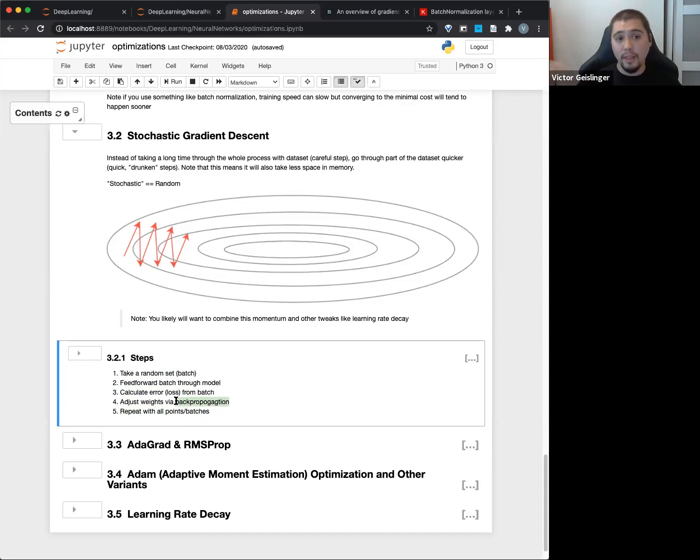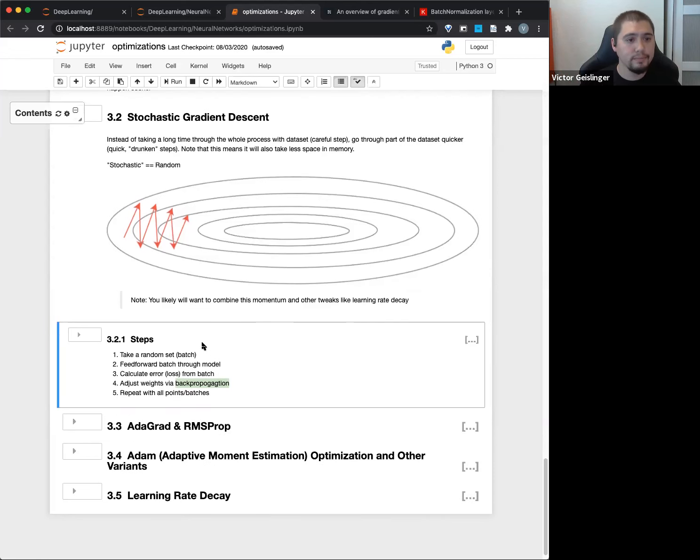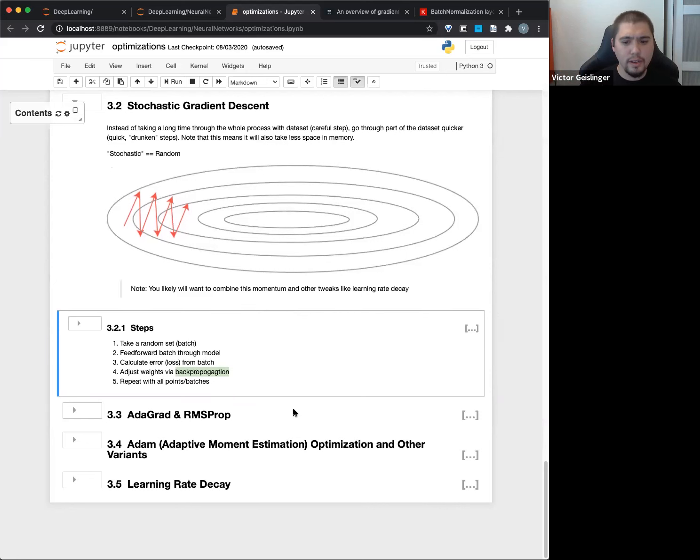So the thing is, if we have a lot of data and we try to do backpropagation, we have to consider all these data points and how it affects our gradient. So if we can optimize that part and still get good enough answers, this can speed up our training significantly. And that's the idea of stochastic gradient descent. Okay. Any questions or comments on this?